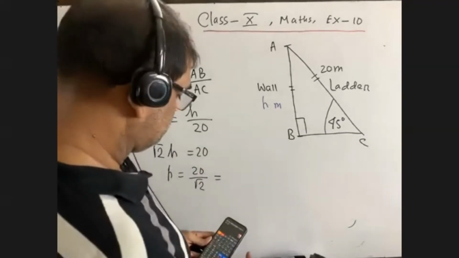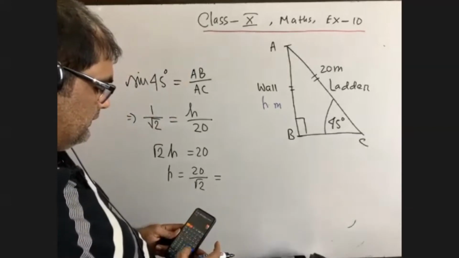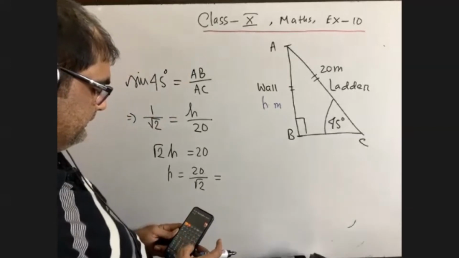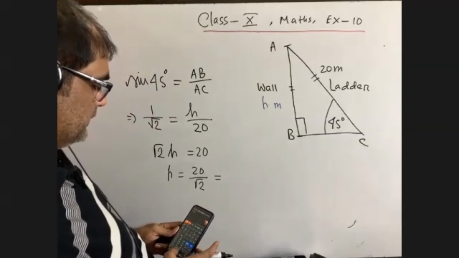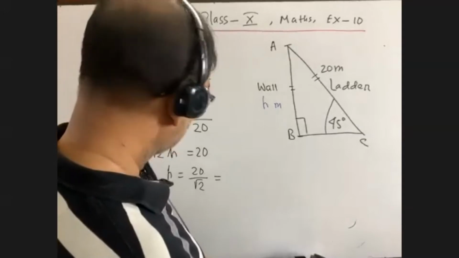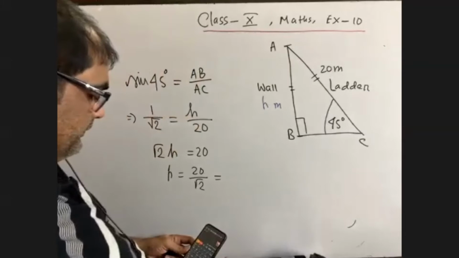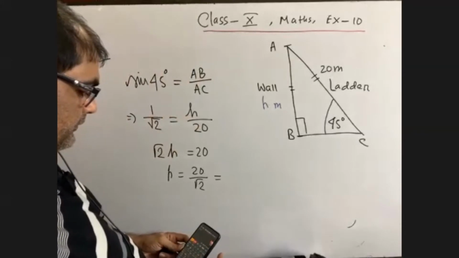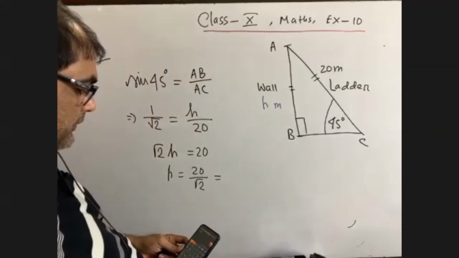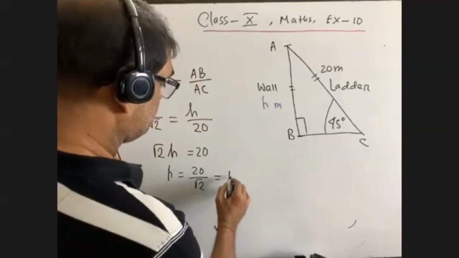Sorry, 20 is 20. Okay, 28.2842, right? Or 20 divided, I am extremely sorry again. 20 divided by 14.1421. That is, we are getting